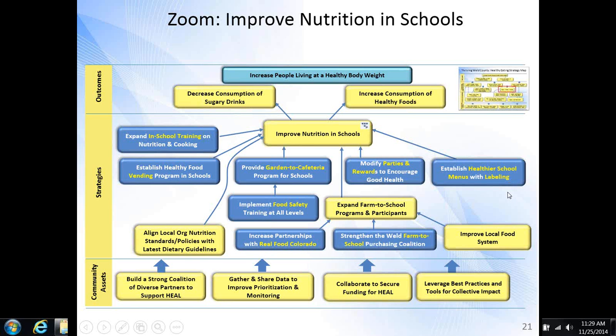Now, to achieve the outcomes in a community, you often need people working on all of these issues. And in a community, you may have hundreds of efforts going on. A strategy map like this, with this ability to zoom in, helps those organizations stay organized, and it helps you then pull in others and monitor and manage your progress on each of these much more effectively than trying to use a big static document.